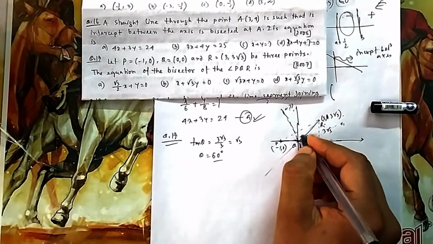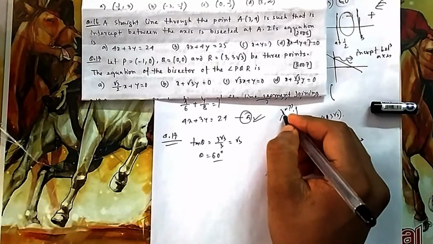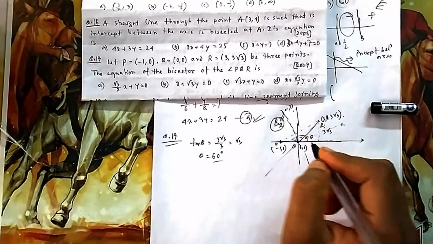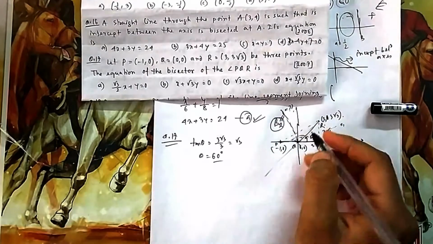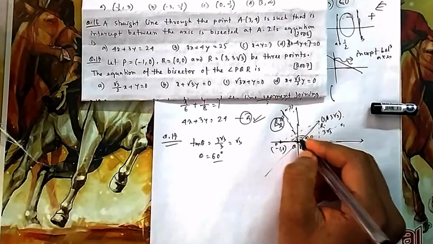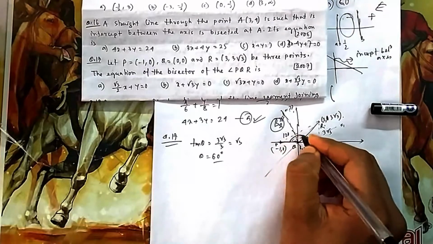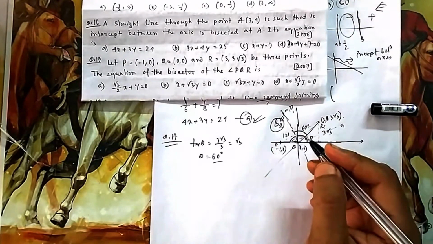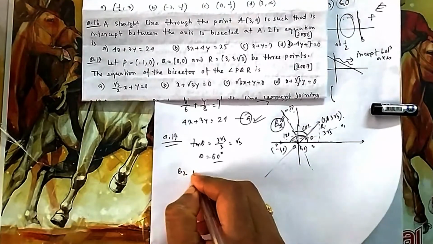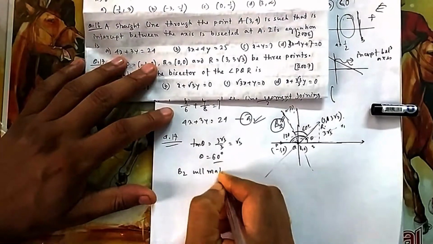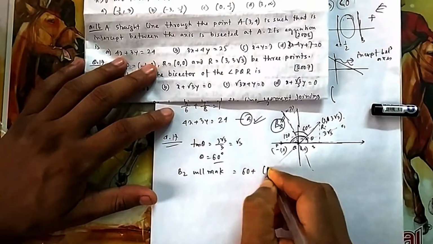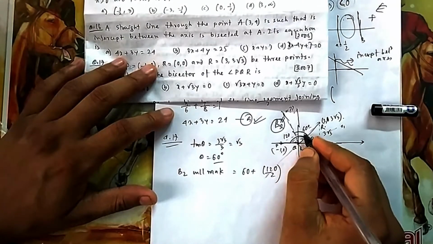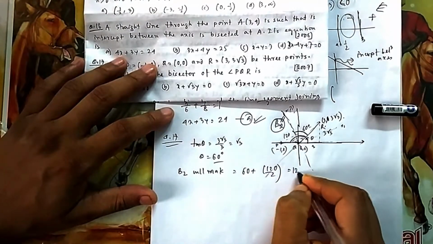If it is 60 degree, now you know the angle of this one. Suppose this is the line that I am asked to find. Suppose this is line B2 that I need to find. I have just given it a name, B2. The total angle is 120, and since it is the bisector, this angle will be 60. So you know the angle of this line B2. How much angle will B2 make? 60 plus 120 by 2. Because it is 60, that's why it is 120 by 2, 60. So it is 60 plus 60, 120 degree.